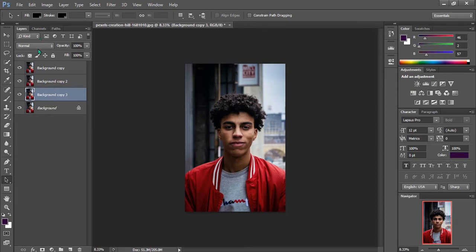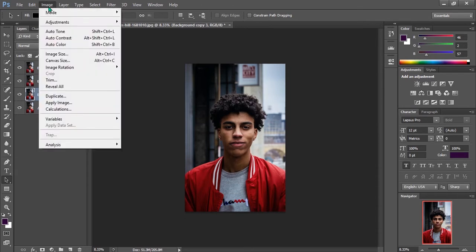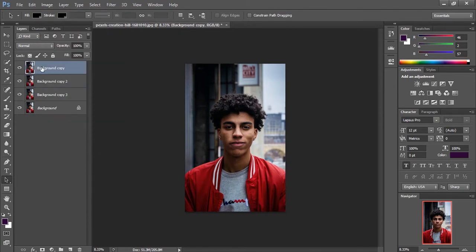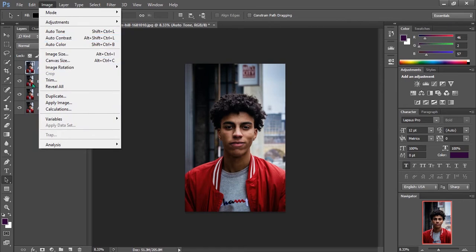Okay, now that we're done with that, this is how we're going to be working with basically auto tone and auto contrast and auto color. So we're going to rename our layers according to those effects. The first one, auto tone, hit enter, and then auto contrast,